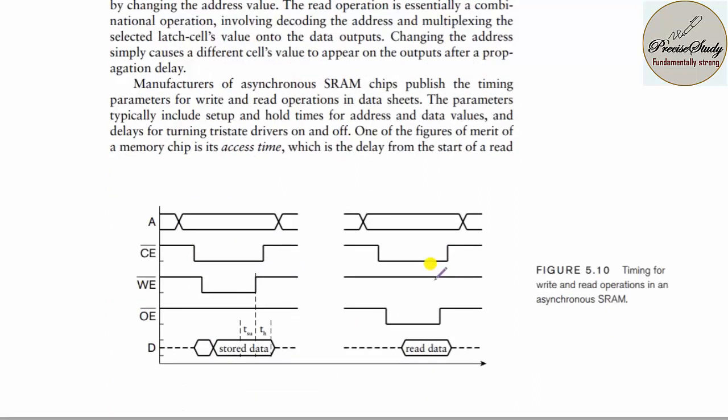Suppose you are performing a write operation. First you select the address, that is, you point to the particular address. Then you enable the chip, that is, chip enable should be made 0, CE bar equals 0. Then activate write enable, WE bar should be made 0. At that time you perform a write operation, output enable is not required, and the data will be stored in the particular location. The main thing to follow is that you should not violate setup time and hold time.